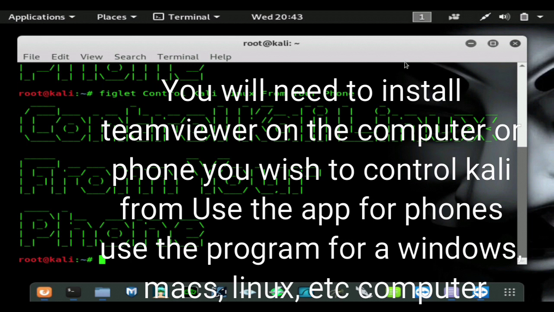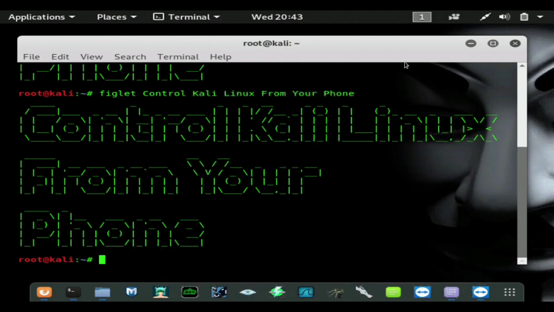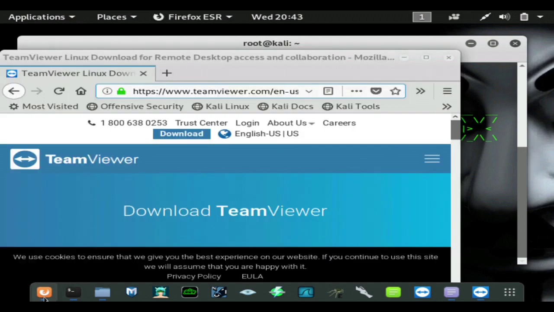But Teamviewer is a great program. It allows you to control the full power of Kali Linux right from your phone or from another computer, and it just gives you the full ability to do everything you can without any glitches or using any memory on your phone. It just uses internet. So you just want to go to this web page right here,